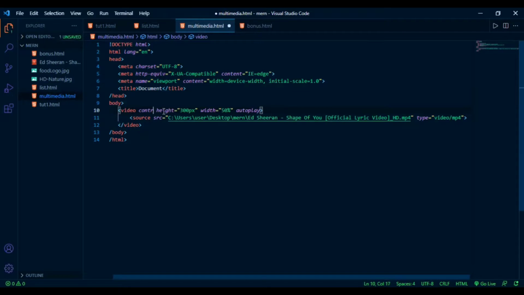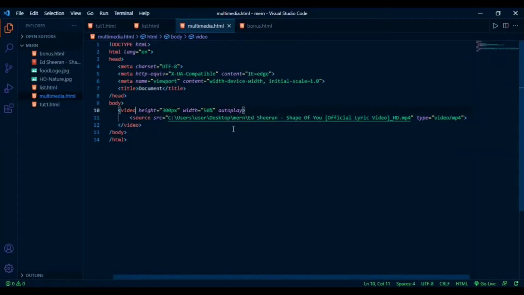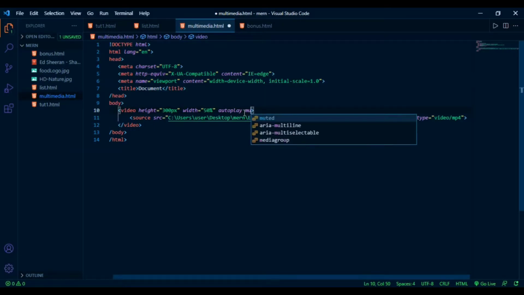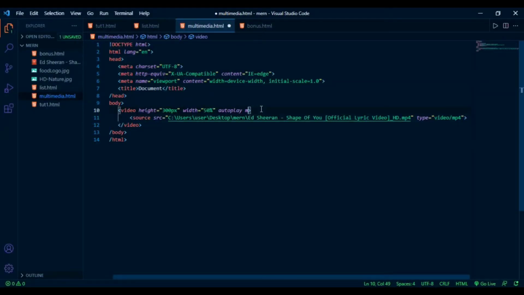So I am removing the controls attribute here and I am going to write muted here. After writing muted, our video plays in mute format. It autoplays. So add muted after autoplay to let your video start playing automatically but muted.